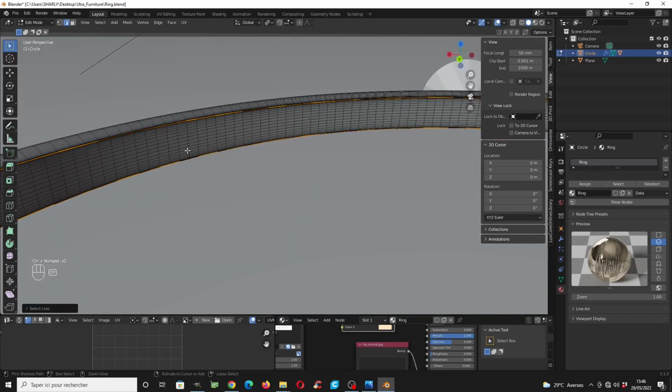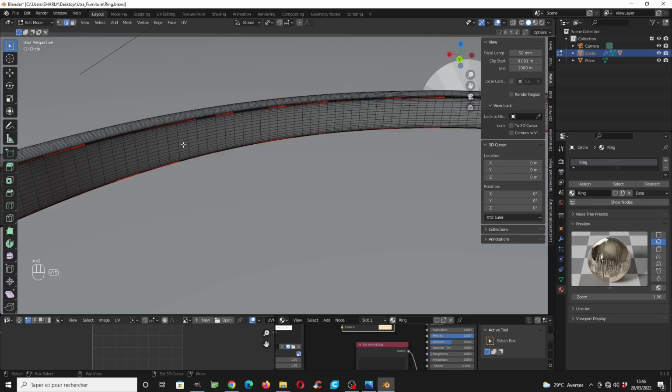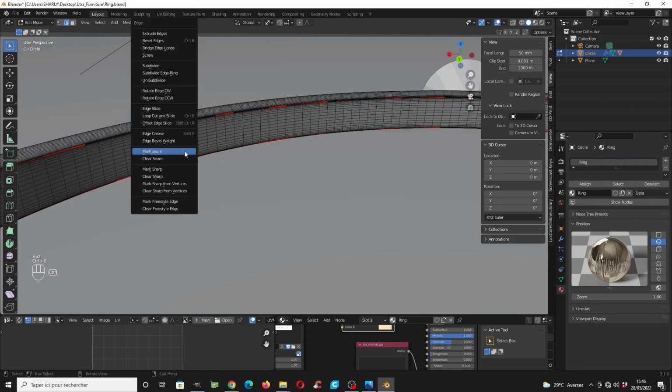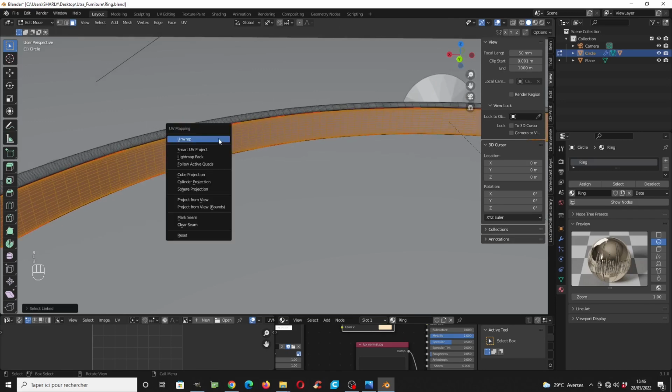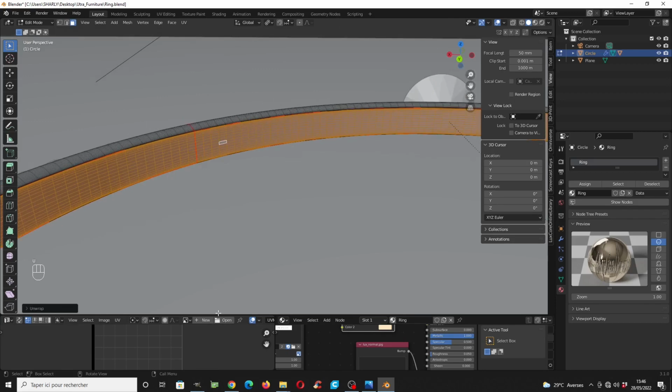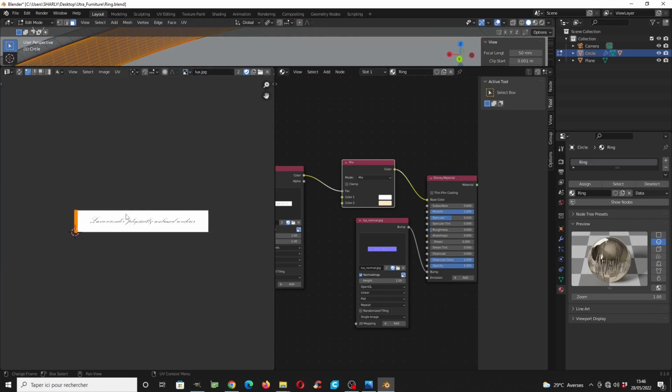Let's reduce again. Control E. We can mark the seam and select this part. Control E, mark the seam, select the inside, unwrap. Then here we have this nice even wrap. Select now our image, 90-degree rotation,